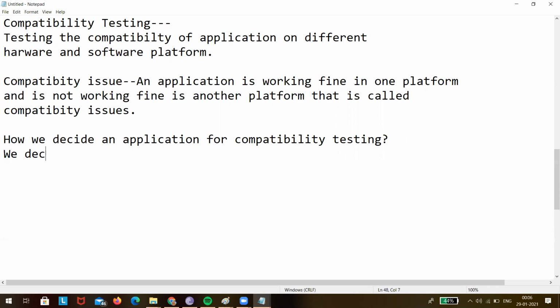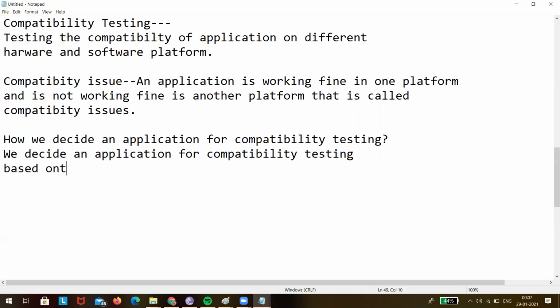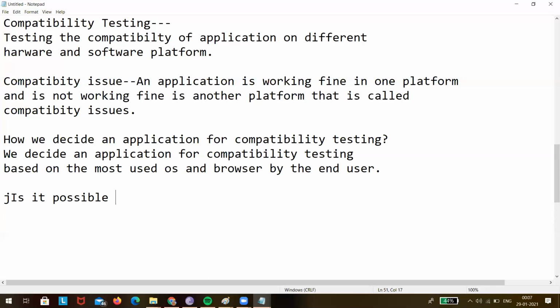We decide an application for compatibility testing based on the most used OS and browser by the end users.